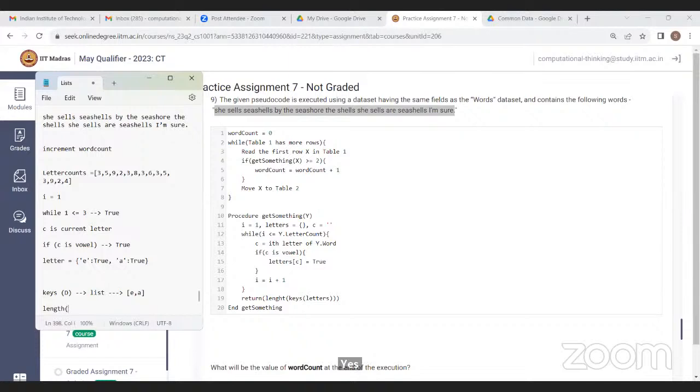of keys in letters should return you 2, right? So it should be greater than or equal to 2, then the word count will be incremented. So you want to have all of the instances where the word has 2 or more than 2